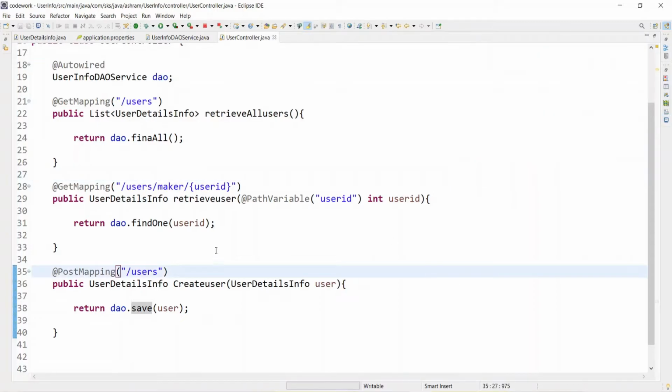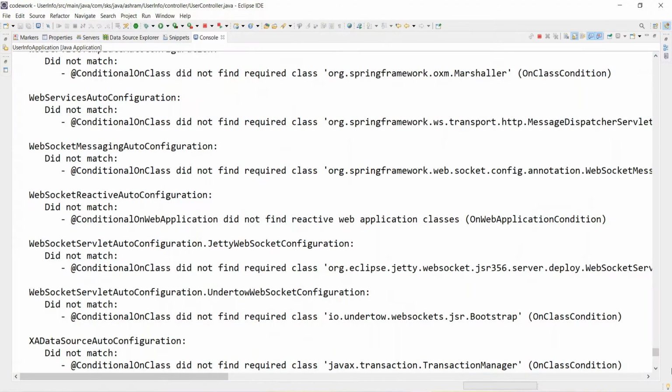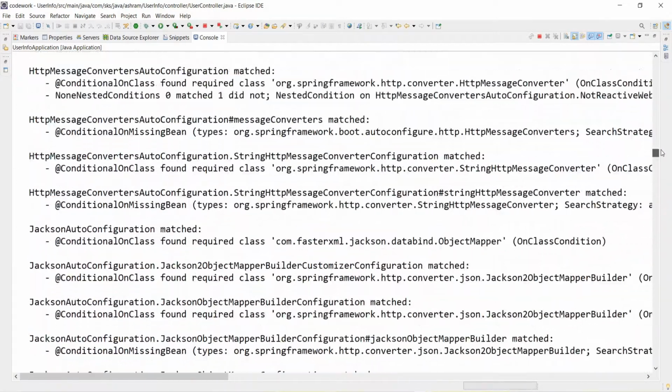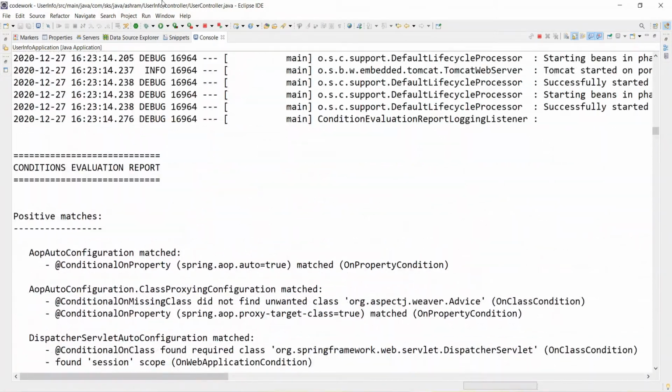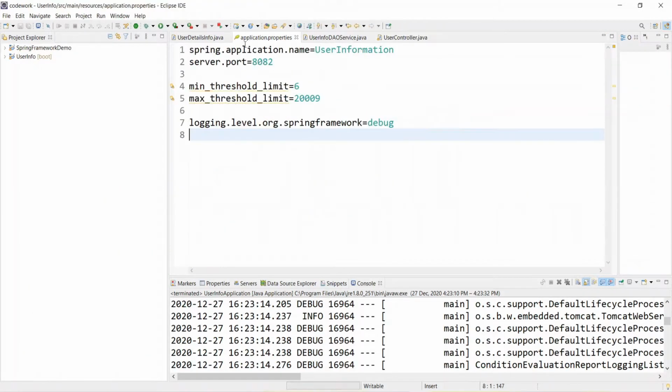Now the service is up and running. Earlier we had shown you this debug information. Let's comment this out, because unnecessarily we are getting all this information.